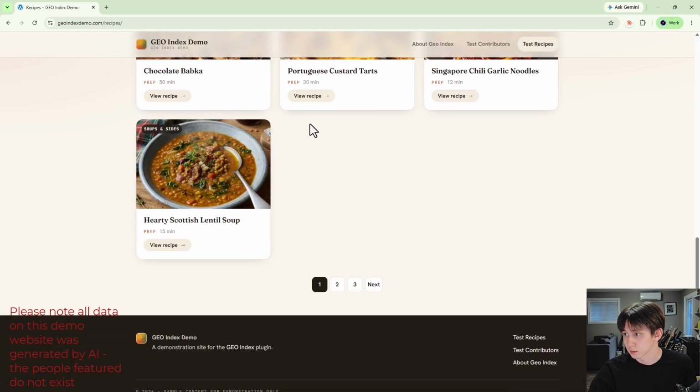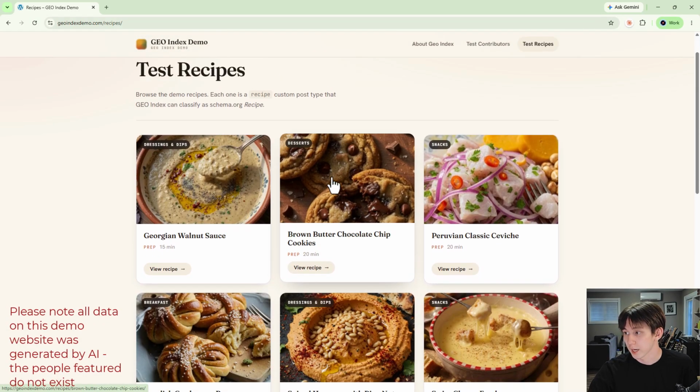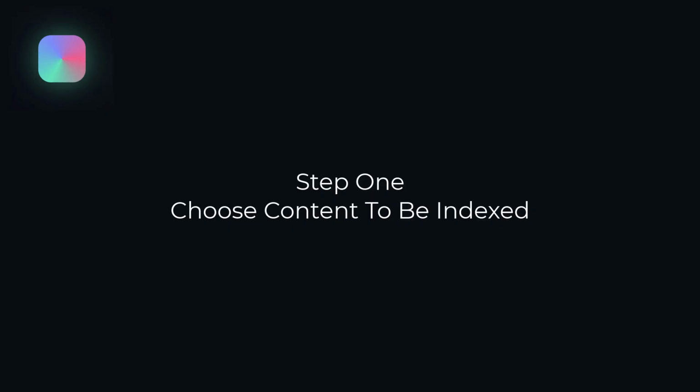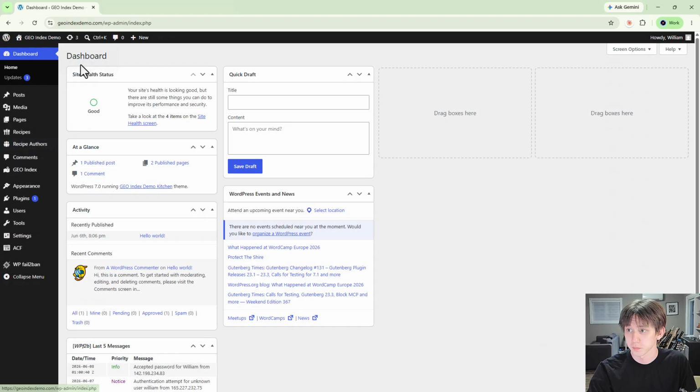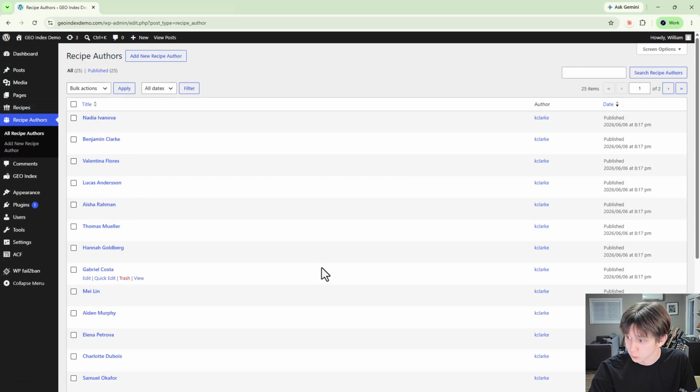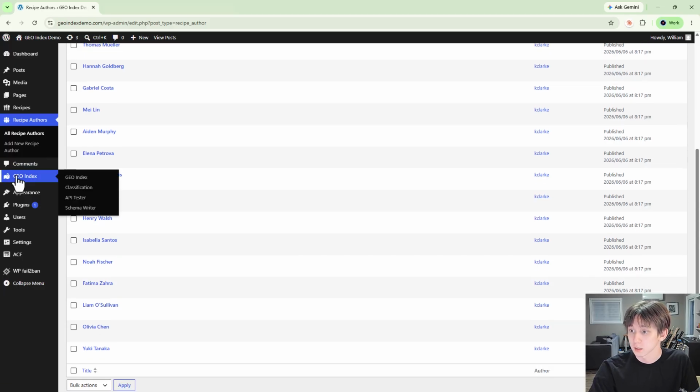And now it's time to see how a WordPress administrator could go about using the tool to add JSON-LD structured data to each of the 50 web pages. All right, so as you can see, we're in WordPress now, where the 25 recipe pages and 25 contributor pages are stored. So as a WordPress administrator who wants to index all 50 of these, the first step is to